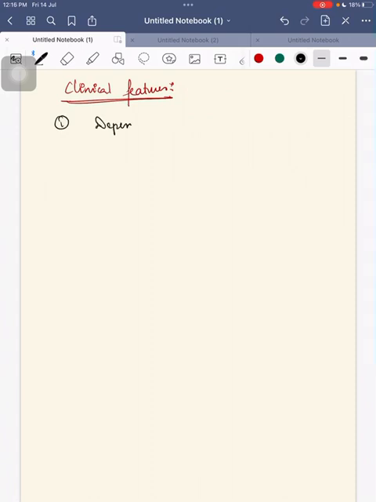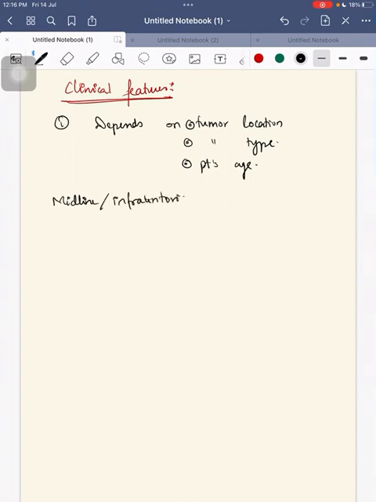So the clinical features depend on tumor location, tumor type and the patient's age. The tumors that are midline or infratentorial tumors, they have a classical triad of